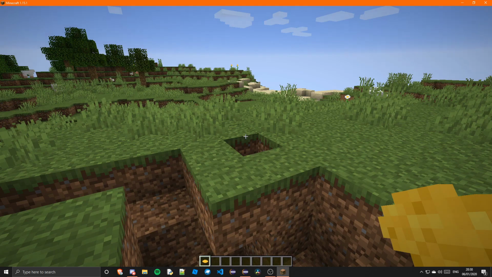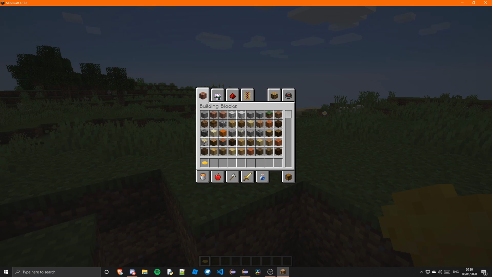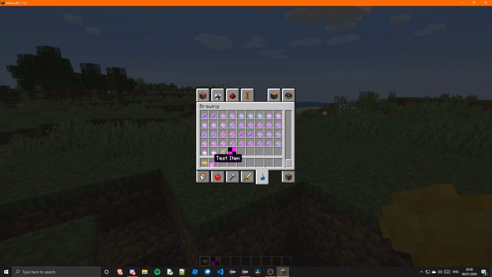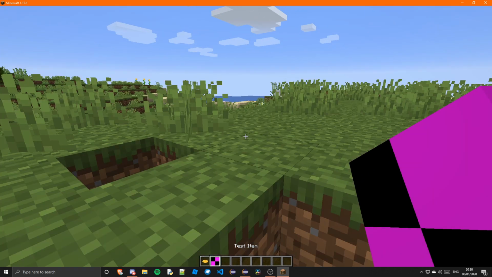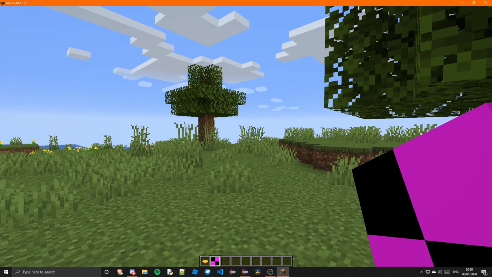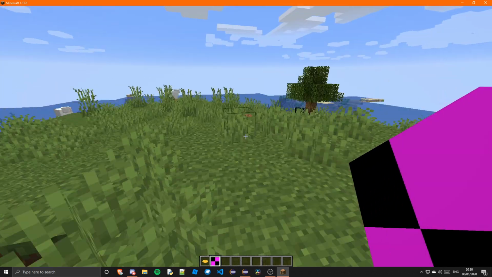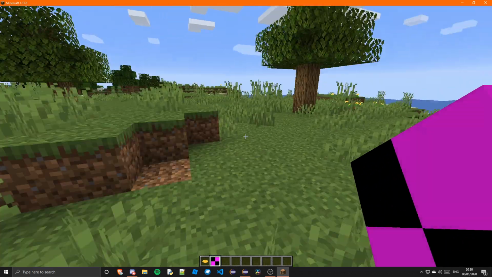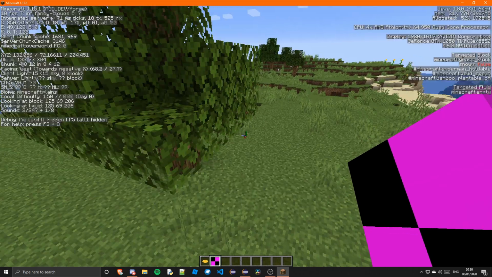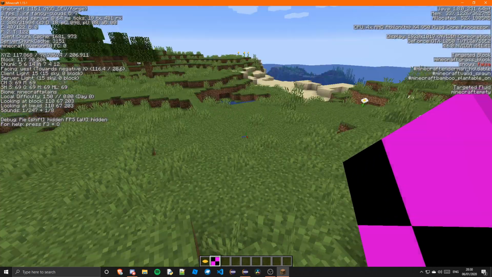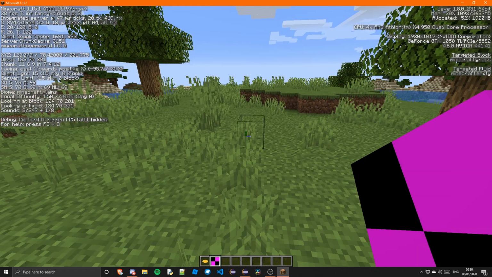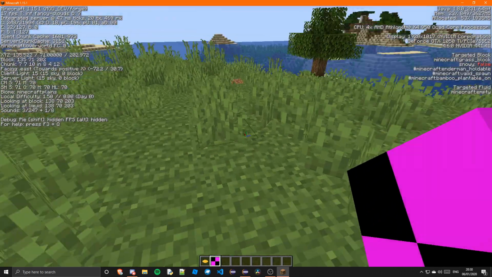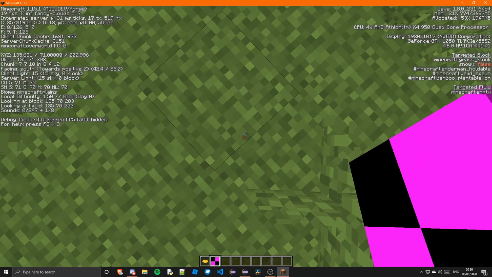Okay, so we're in the game, and if we now go to brewing, which is where I put it, all the way down to the bottom we have test item. Obviously we don't have a texture because I didn't make one, but you know, there you go. It's lovely. I have massive FPS drops, don't know why. I think it's just because Forge is unstable at the moment and it's, you know, not quite ready, but